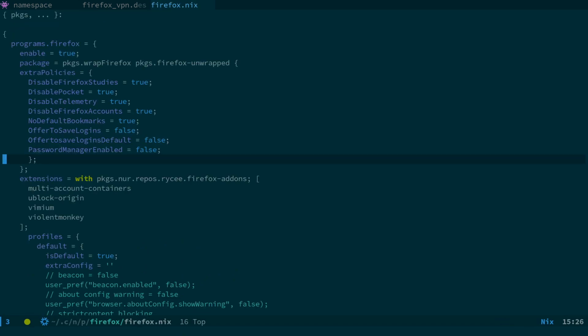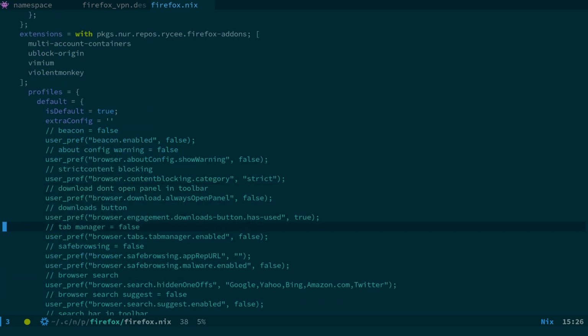So this is my firefox.nix file, and what I've done is basically set up Firefox so it's completely customized how I like it. So we disable Pocket, the telemetry, all that kind of stuff. You can set extensions to be installed, as you can see down here. Got it set up to install extensions. You can also set it up so that all the options you'd normally put in about:config